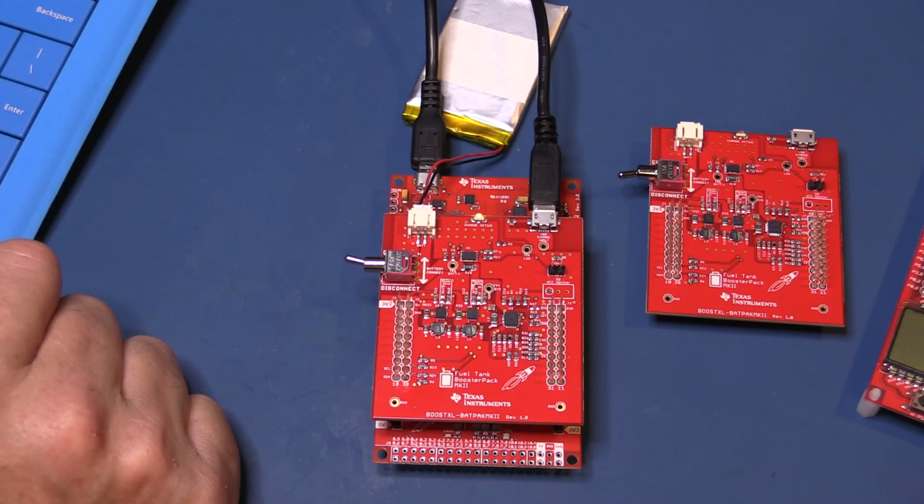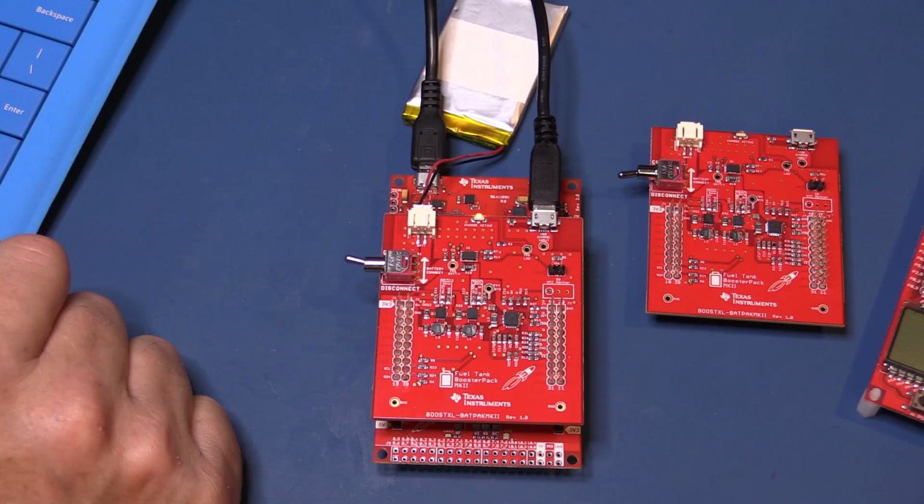So I will finish the video here and say, yep, I'm glad to see that TI have come out now with effectively a new battery backup solution for the launch pads. And to be honest, these little solutions will work with pretty much anything. You could even hook them up to an Arduino or a Raspberry Pi. There's plenty of capacity to drive them. Well, maybe not a Raspberry Pi,